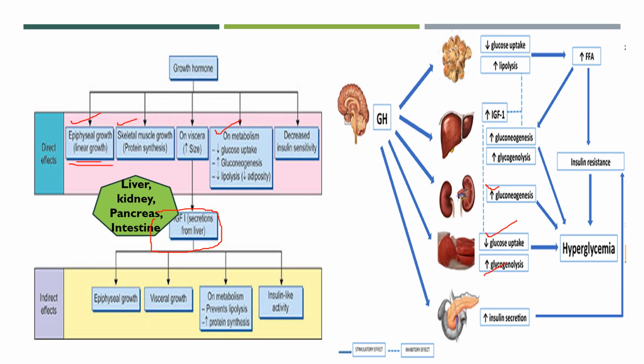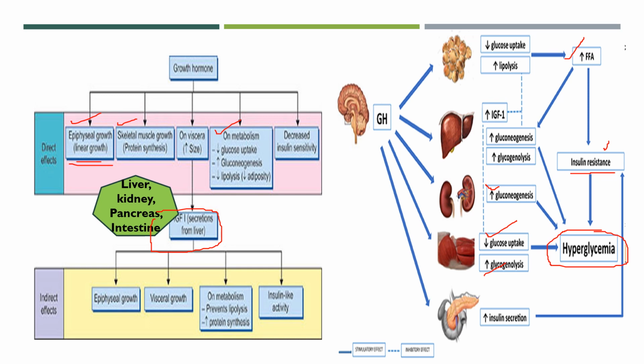Another important thing is, as there is lipolysis, free fatty acid level will be increased. That will contribute to the insulin resistance. So ultimately, as the glucose production and blood level of glucose is increased and the functions of insulin is prevented, as a result of that, there will be hyperglycemia.